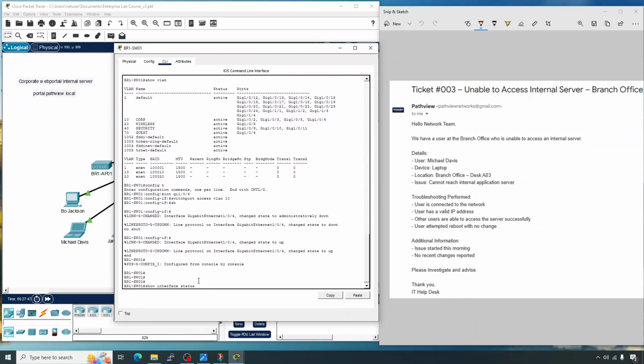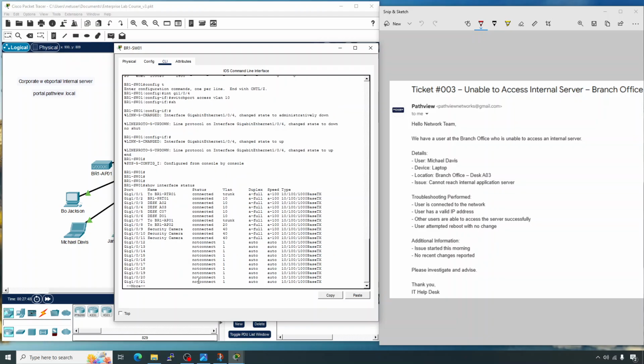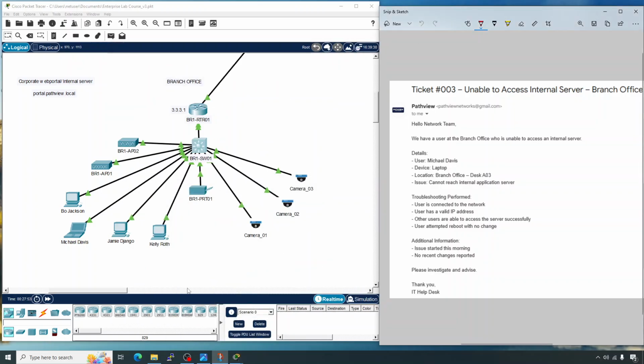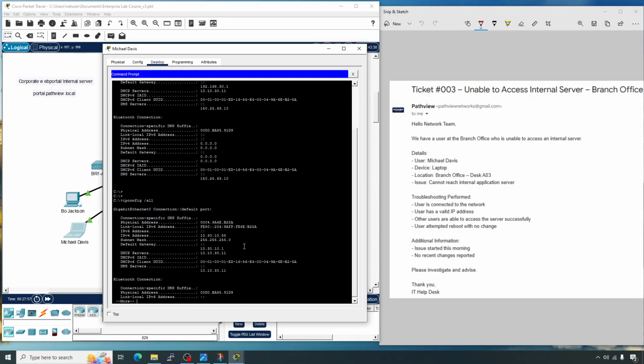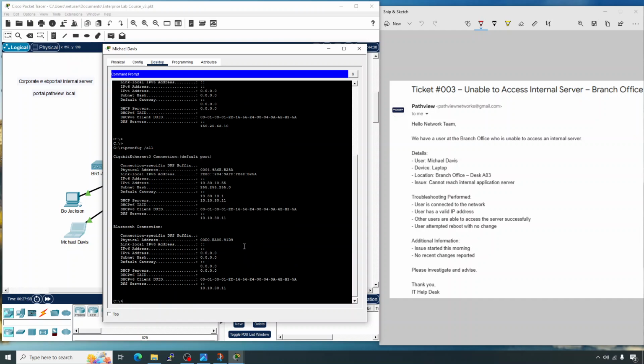So let's do a show interface status again, just to verify Michael's port is in the correct VLAN. And there we go. All right. So let's go back over to Michael's computer. And now let's run another ipconfig /all. And now we see Michael's network settings have changed. Now he's getting a corporate subnet, corporate IP address,